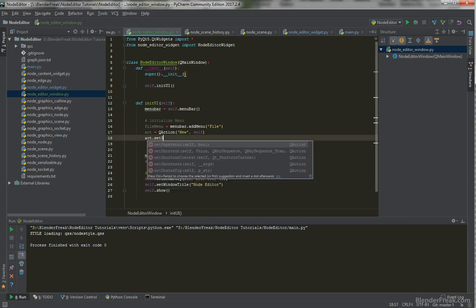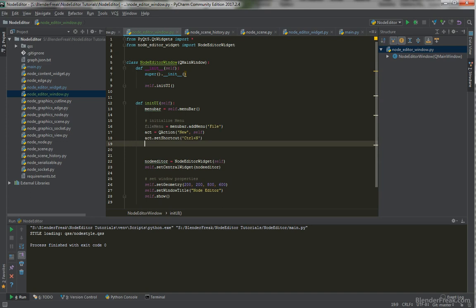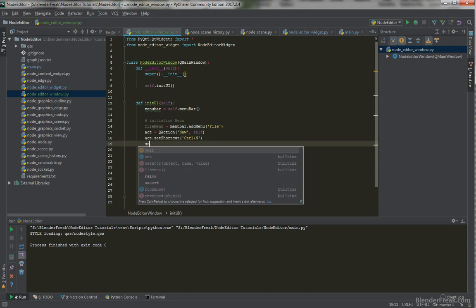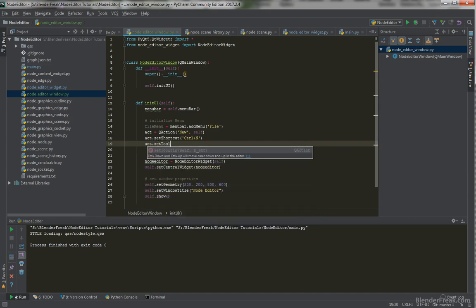We can set shortcut, and that's gonna be, in our case, Ctrl+N. We can say action set tooltip. That's gonna be create new graph,